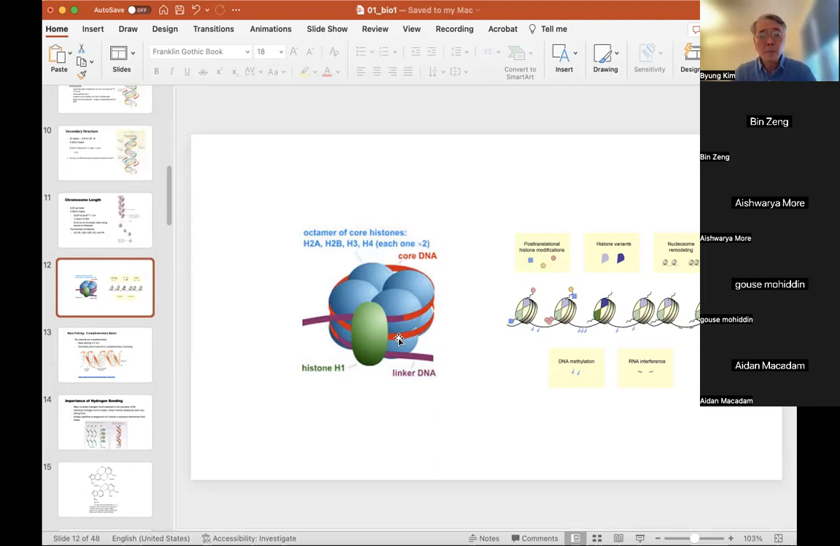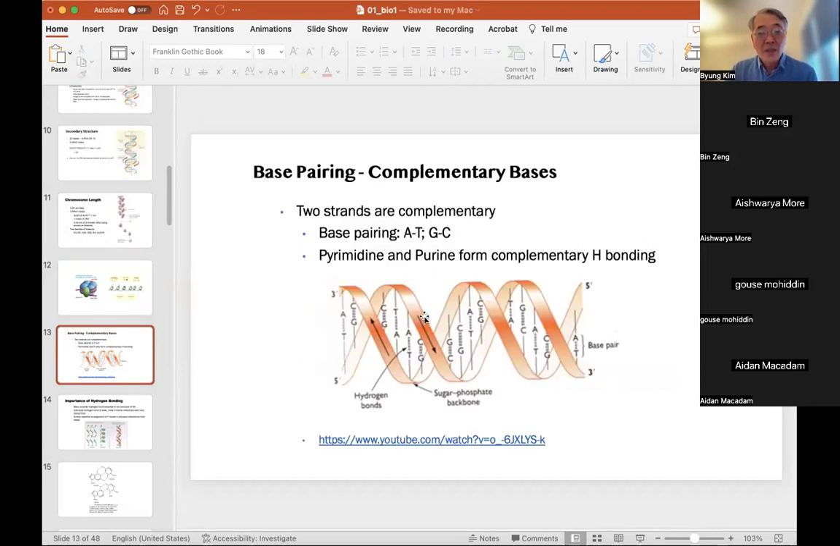Okay. So that's how they reduce the size of the chromosome so that they can fit in the tiny, tiny little cell. We'll take a look at it later. Okay. So next, the